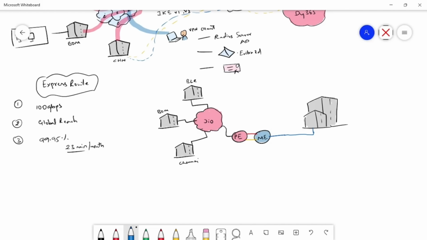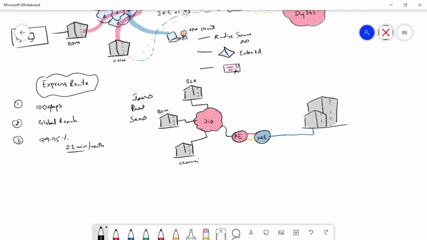So it is, of course, carrying AWS traffic, but what it also supports is PaaS traffic and also